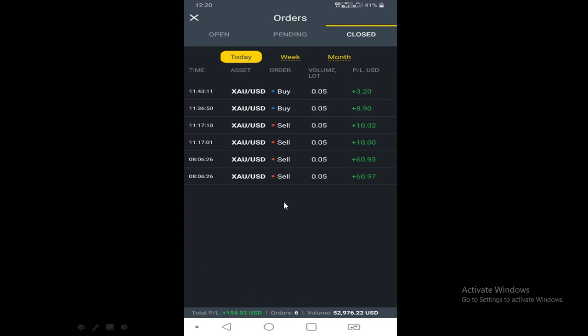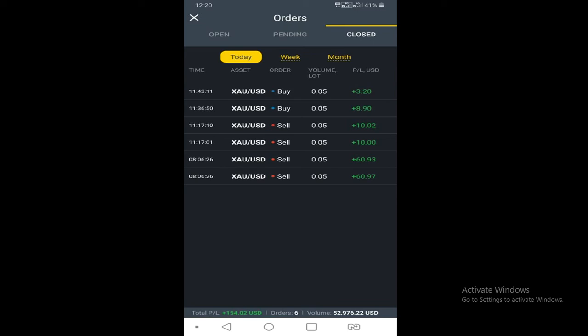So it depends. Like I said, it depends on how much you are trading with. If you have a huge fund, like this person for example is trading with about 500 US dollar. I think he started with 500 US dollar, though he's been able to grow his fund now. I think he has about 900 US dollar in his account. He started using 0.04, I think 0.04, 0.03, but now he's using 0.05 after growing his fund to about 900